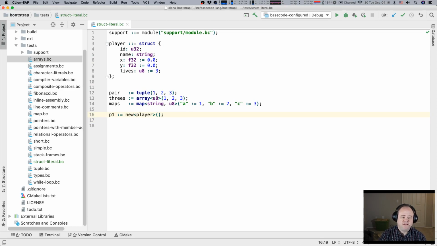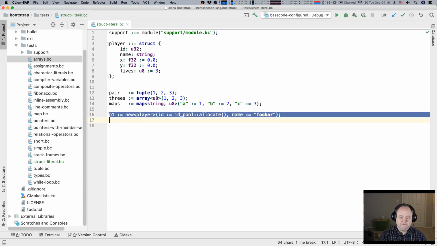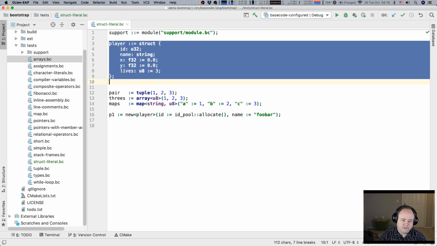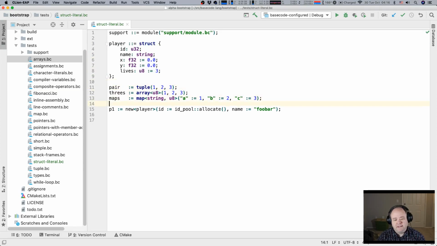And of course, in here, we could have ID is equal to ID pool new, or allocate, and name is equal to foobar. And this is kind of the idea behind the literal syntax, right? How do you create a literal of a struct in code? That's what I'm exploring here mentally.